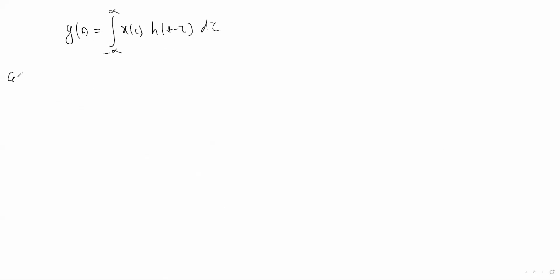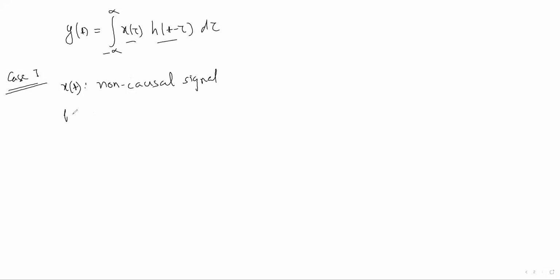So case 1. These cases are very important. That's why I am giving them. And here this integration you are looking at, this integration varies with the characteristics of x(t) and h(t). Okay, what I want to say: if x(t) is a non-causal signal, non-causal signal means a signal which exists from minus infinity to infinity. Okay, it exists for both positive and negative time duration. That is called a non-causal signal.